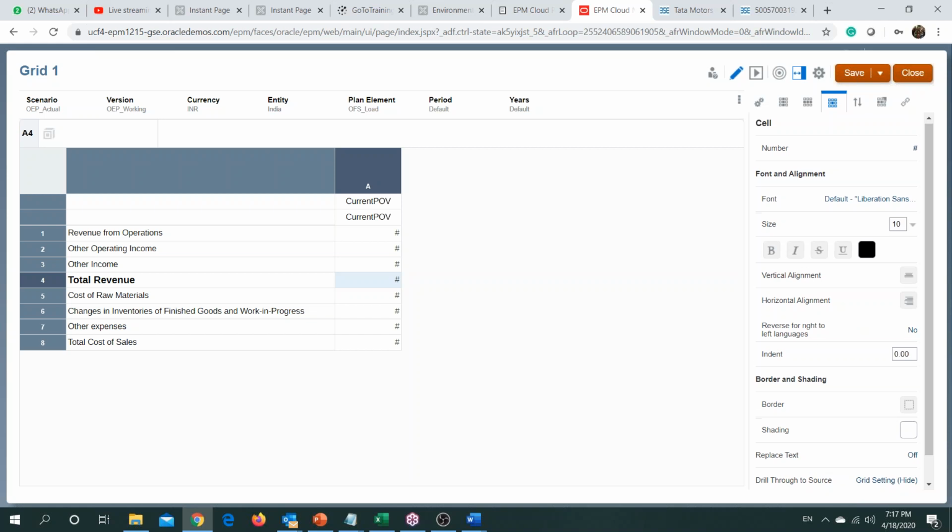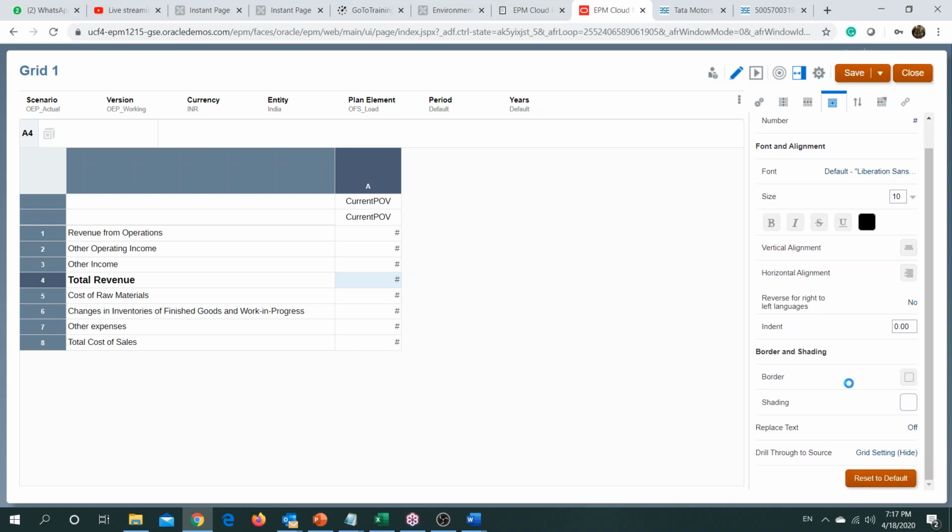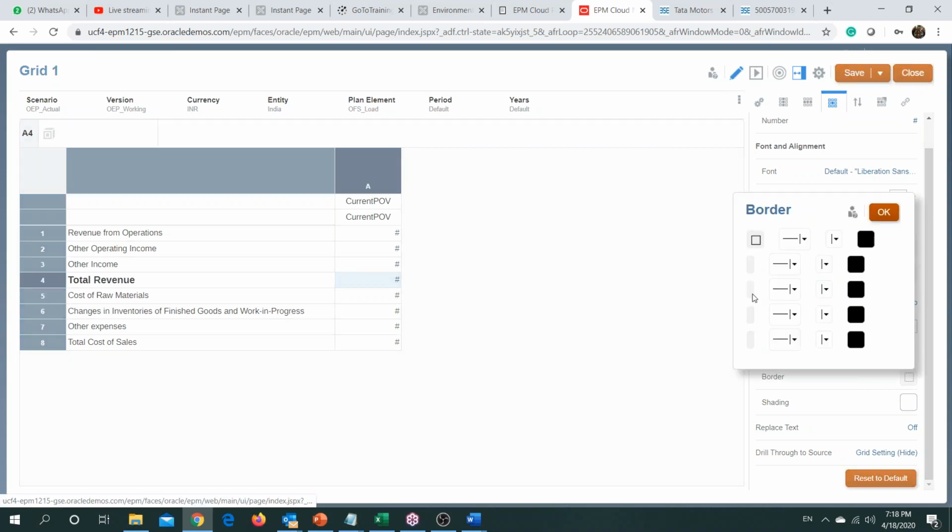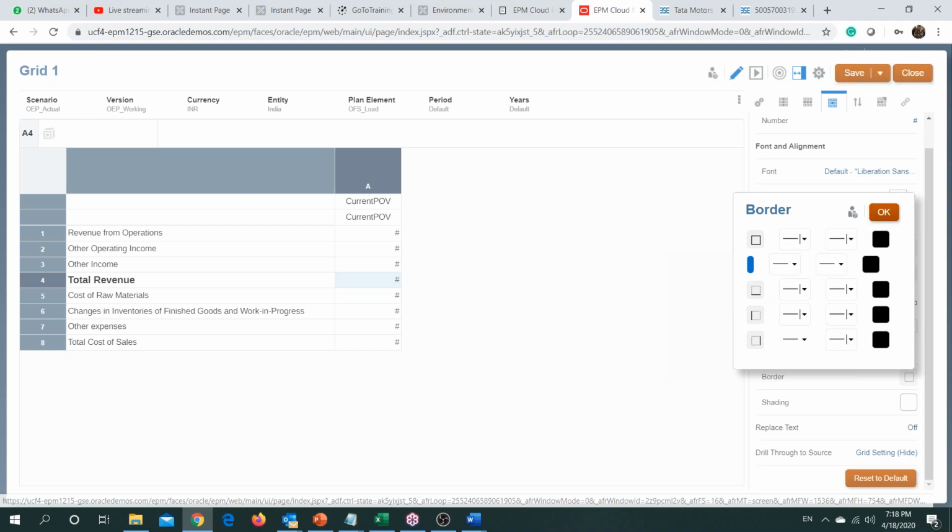You go to border, provide with the border type you want. So it could be a complete border or just as per your requirement, up border and down border.